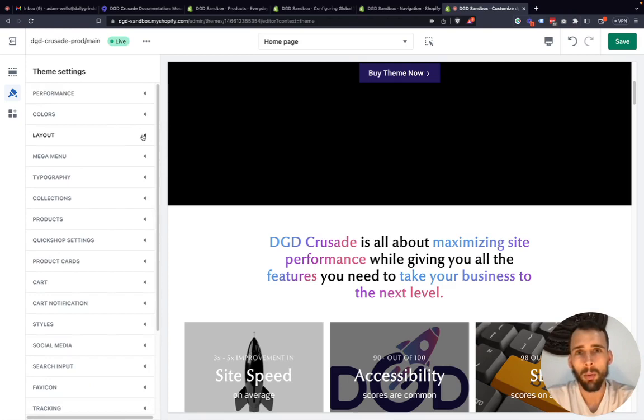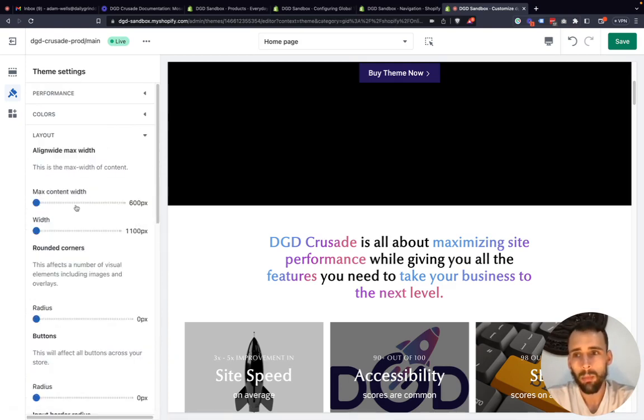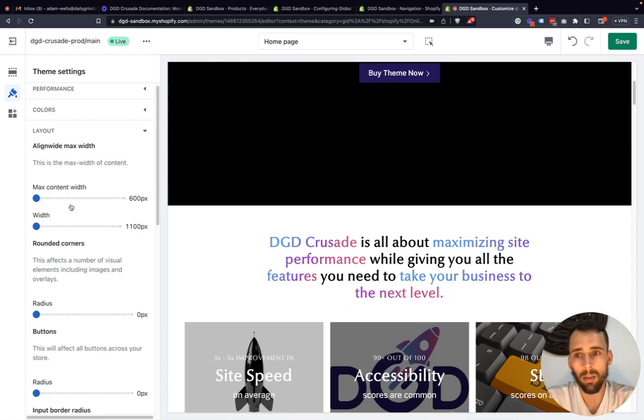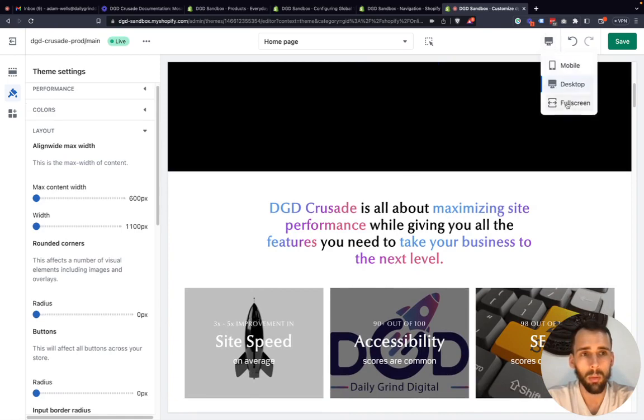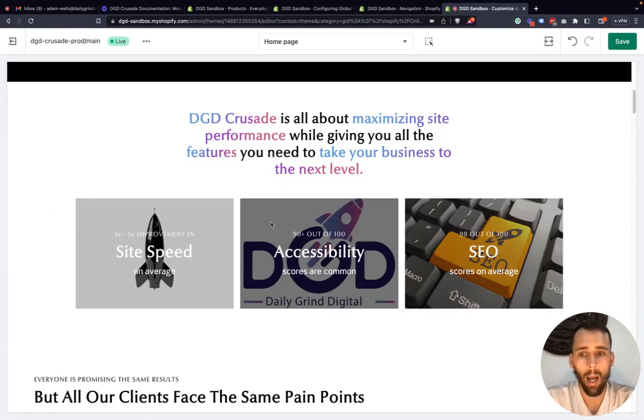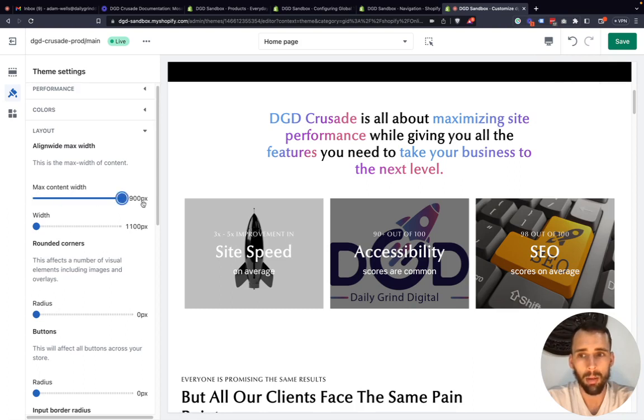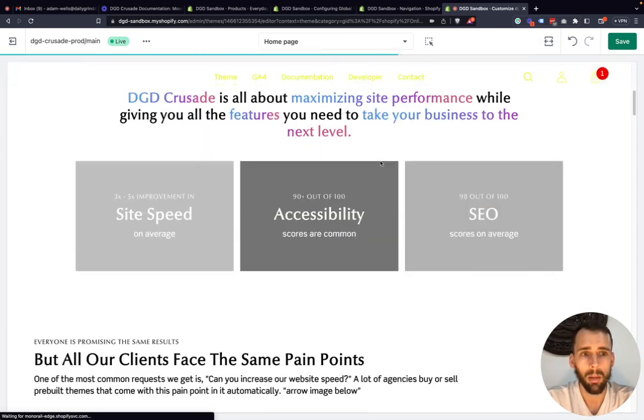So next we're moving on to the layout settings. The first you have here is max content width, and that is going to control, let's go to full screen here, how wide the areas will stretch. Forgive the designs here, it's just an example website, but you see how much room there is between this site speed image and the SEO. So the gap there. If I go back here and do max content width and stretch it all the way to the max here, once that takes effect, you will see,